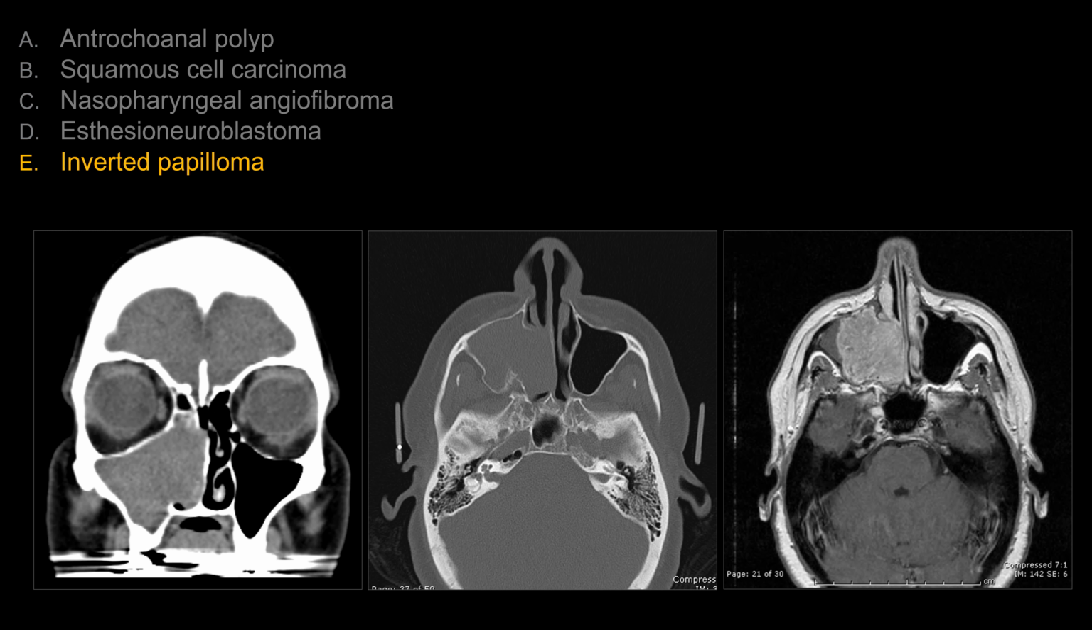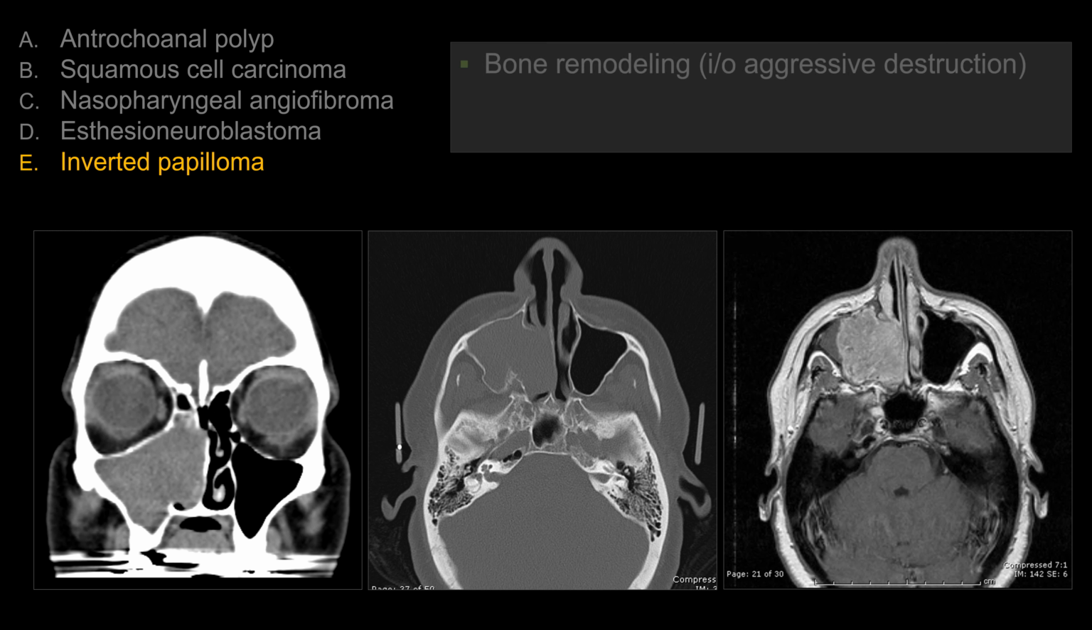So the best answer for this case is choice E, inverted papilloma. Let's look at some of the features that make choice E the best answer here. First, you see this expansile lesion that's expanding the sinus, expanding the ostium, but there is smooth remodeling of the bone and thinning of the bone, rather than aggressive destruction like you will see with an aggressive neoplasm like squamous